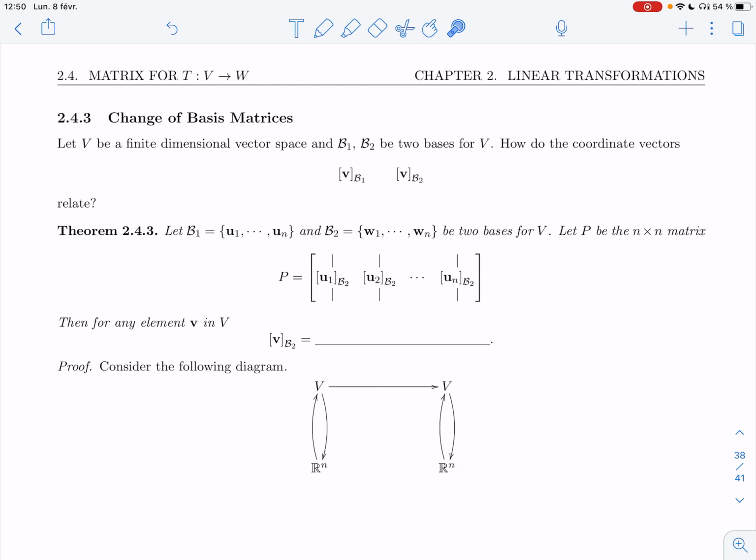All right, so let's see. Theorem 2.4.3 will give us part of the answer. If I have the basis B1 in terms of U, B2 in terms of W, B2 a basis for V, let P be the n by n matrix. So you're looking at each of the vectors in the first basis and writing it in terms of the second basis. So this is the U1 coordinate vector in terms of B2, the U2 coordinate vector in terms of B2,